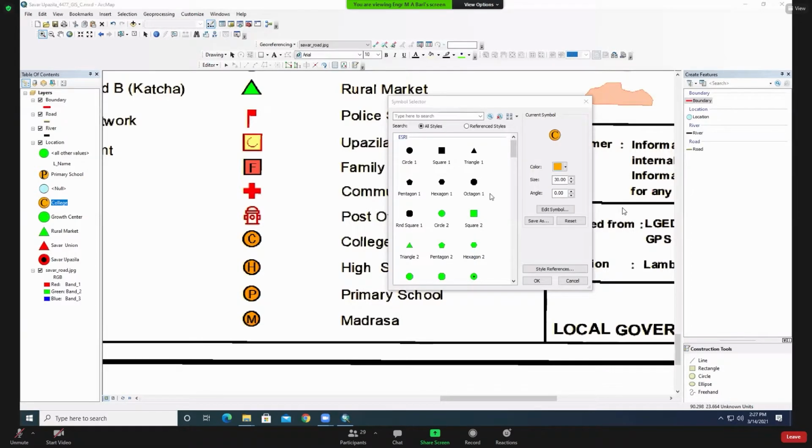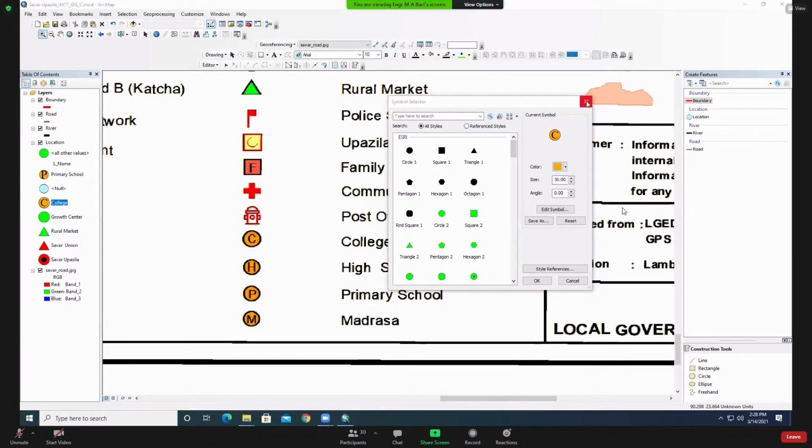Look at the post office symbol. Then tell me. Sir, it's not available, sir. Sir, it is not available here, sir. Yes, I know that. That's why, what will you do? Without the post office, will you run these things or do you need to give that post office? That's why today we learn how to give this post office.